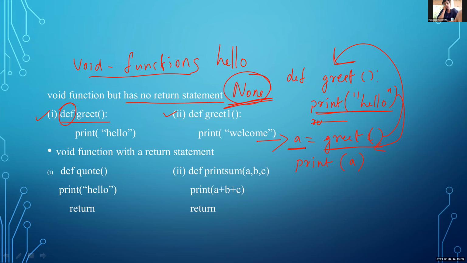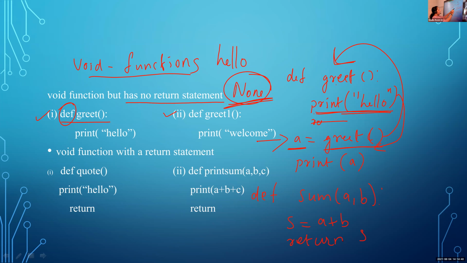Hello is printed here. Okay. Print hello means this hello is printed here, but we will not return this hello to this function because there is no return statement. I will explain that with a non-void function. That is, if we are using def sum of A comma B, S is equal to A plus B, return S. Here A plus B is added and the result is stored in S and the content of S is returned.